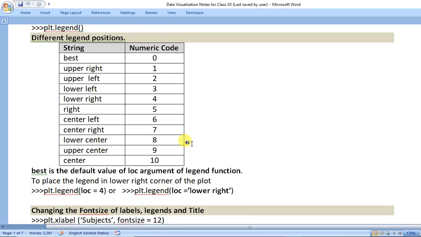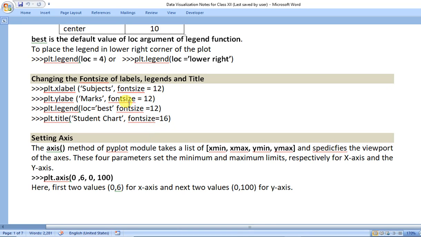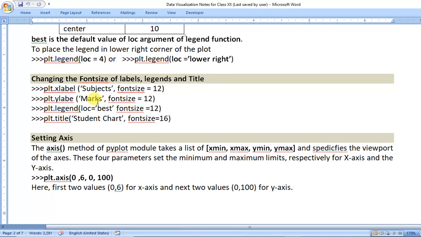Now move to the next topic, changing the font size of labels. So we have already discussed how we can change the font size. If you want to change the font size, we can pass this fontsize argument in your xlabel, ylabel function, and legend function.